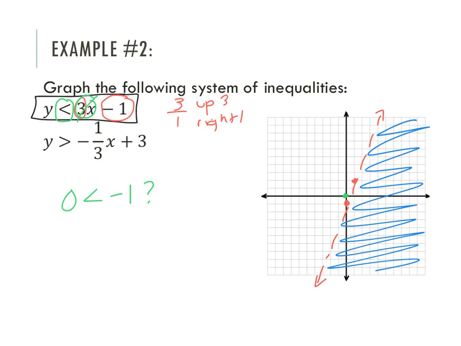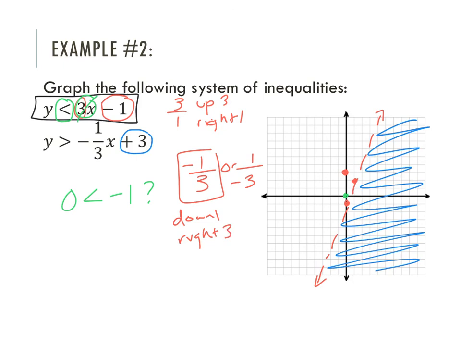And then for the second equation, notice that the y-intercept there is at +3. So if I plot the point +3 there, -1/3 slope, we can think of that as -1 over 3 or 1 over -3. But if I think about the first way, that would be down 1, right 3. And so down 1, right 3 from that point would be at the point (3, 2) there. This one is also going to have a dashed line because no equal to. So if I connect those two with a dotted or dashed line, something like this,